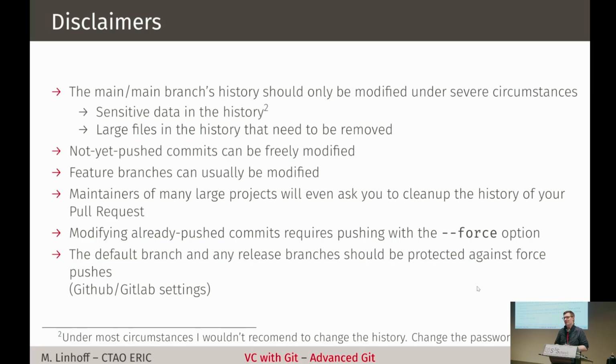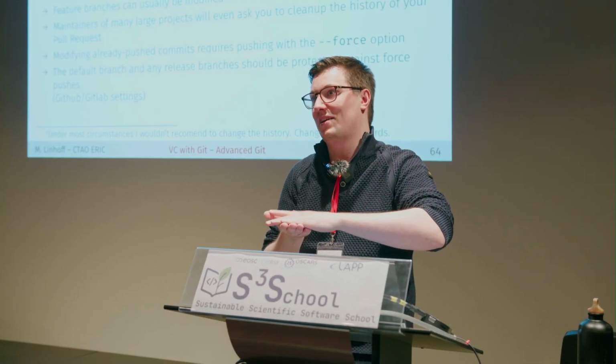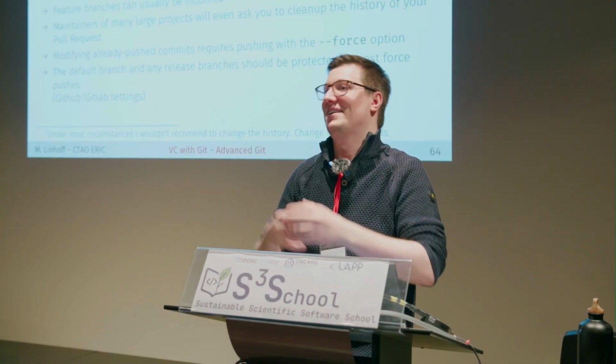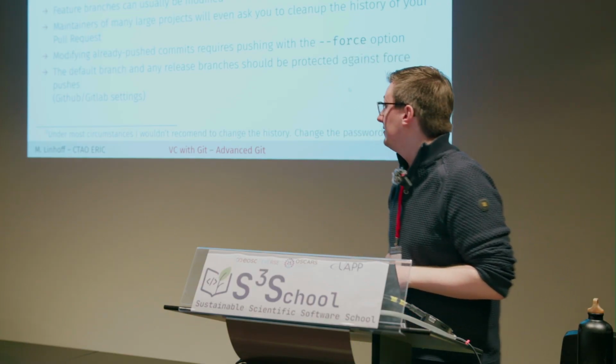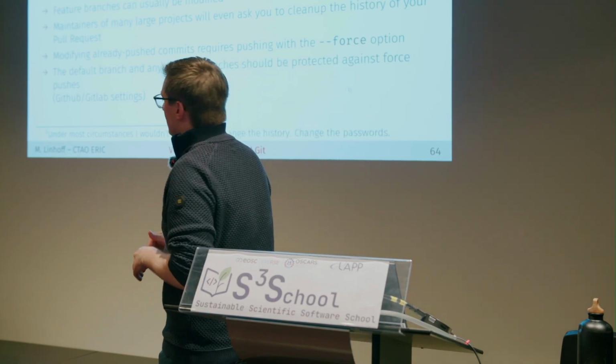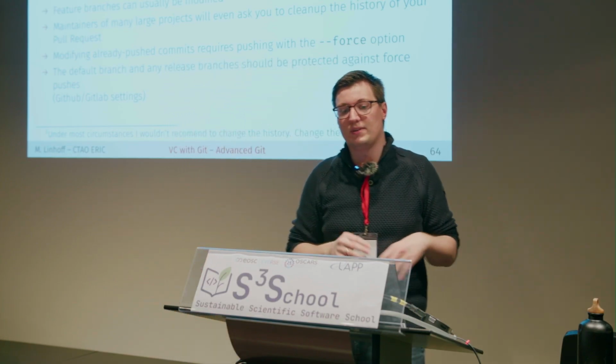And tomorrow in the CI lecture, you will see that configuring the CI system is often a case of trial and error. You change the config, you push, you wait 5 minutes until the CI runs through, you realize you made a simple mistake, you change the configuration, you push again. And this kind of change, when it works, then you squash all of these commits together in one change, call it add correct CI configuration, and then you are happy, right? Yes. And then if this is the case, if you have projects where you regularly change the history, please enforce